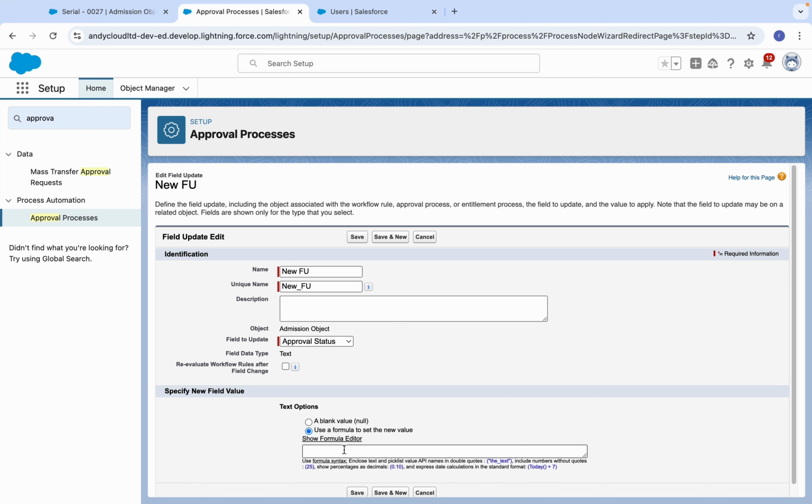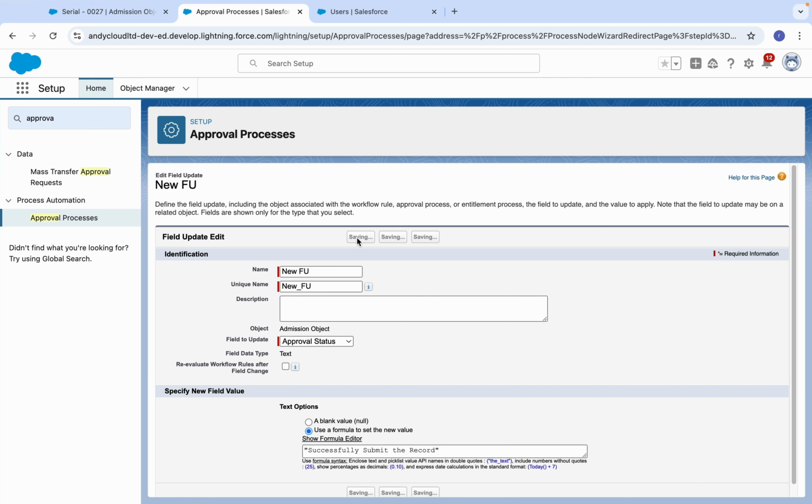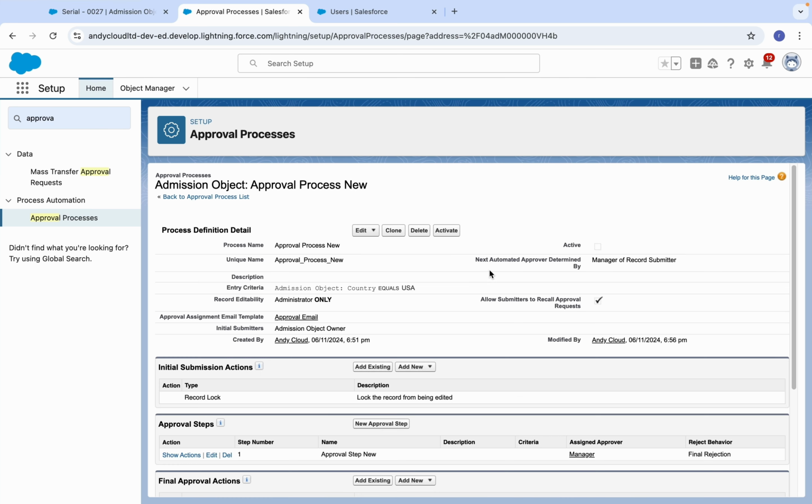Okay, so what you want here: successfully submit the record. Now the approval step is completed. Okay, we have provided all these criteria.